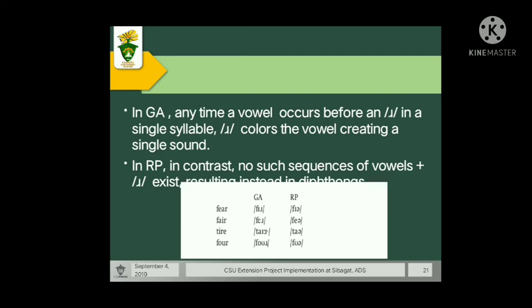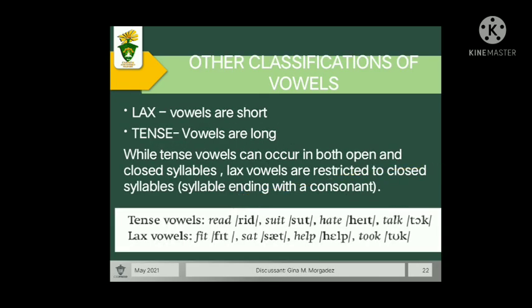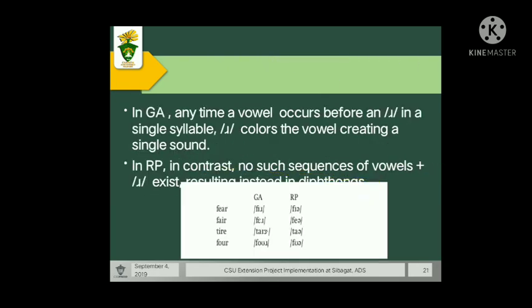But the most notable difference between GA and RP is the pronunciation of the word park. A word that would be pronounced as "park" in GA but "pak" in RP. So therefore, GA is rhotic. Why rhotic? GA is rhotic because